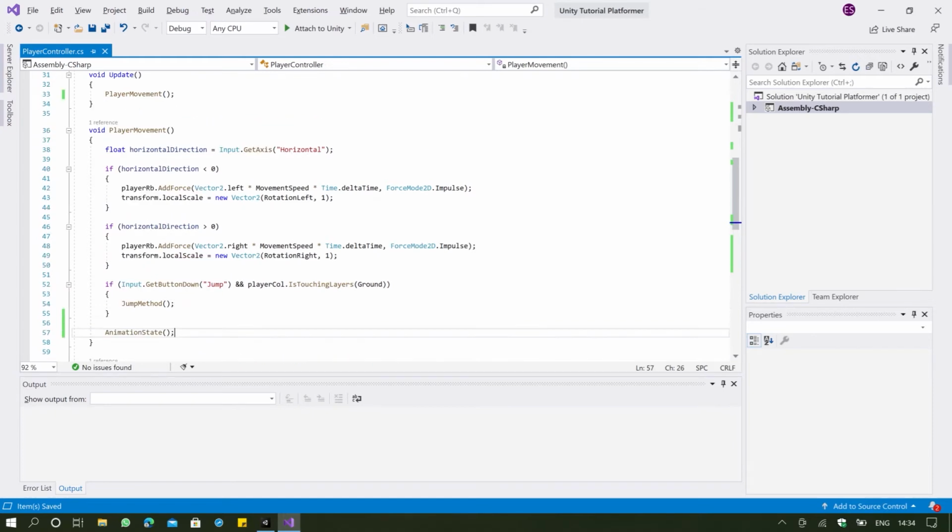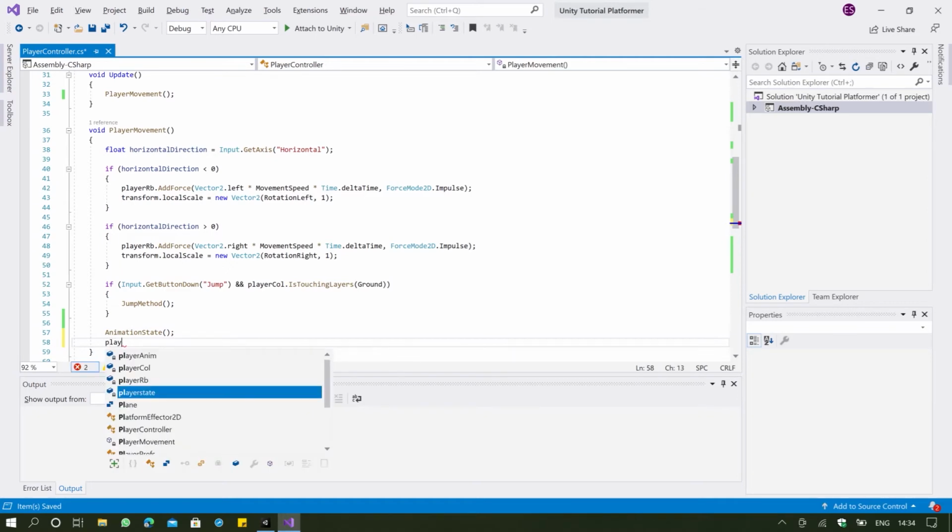So I prefer to put it inside player movement instead of void update, because animation, as you know, is part of the player movement. Okay, and I would like to also add another line of code, and that is player anim,